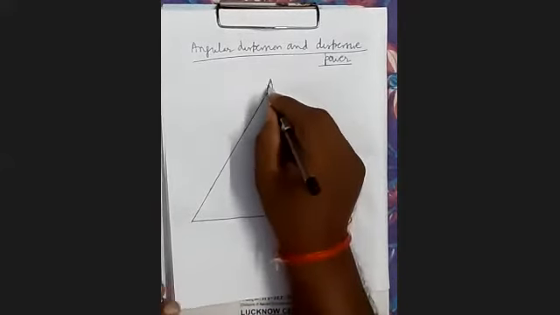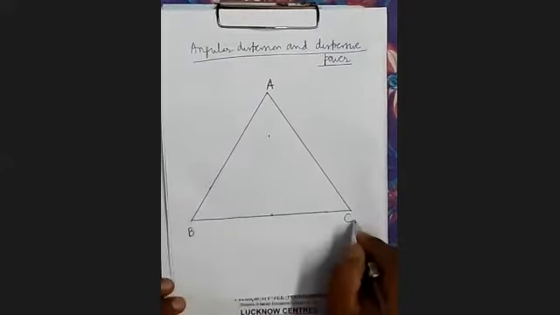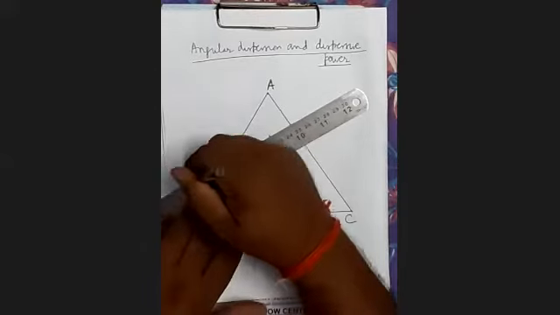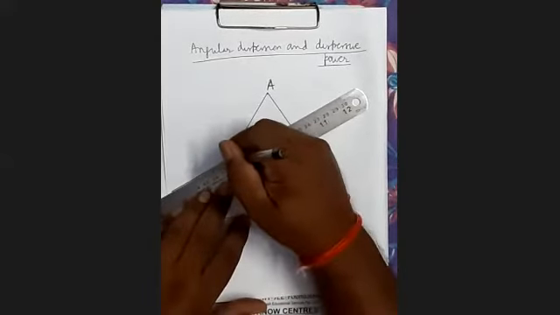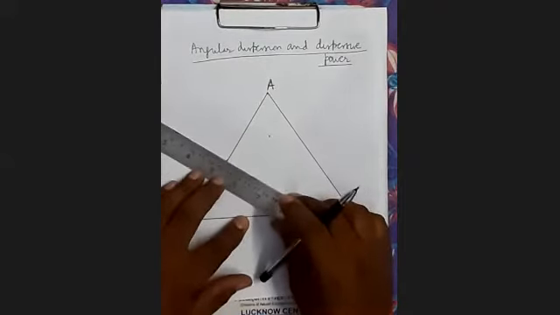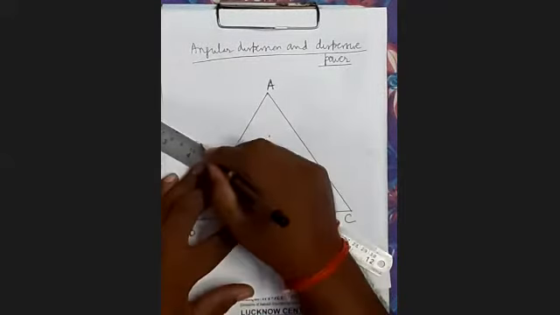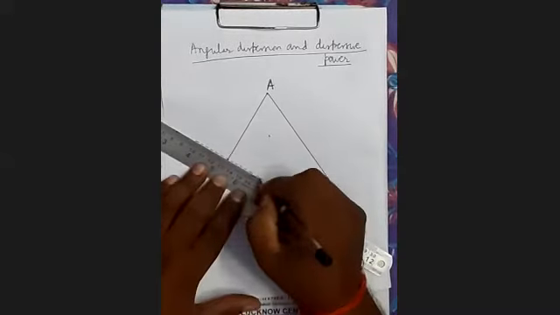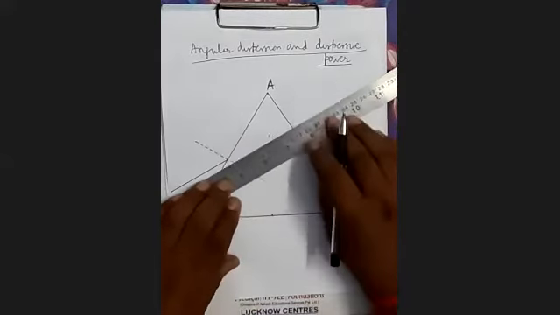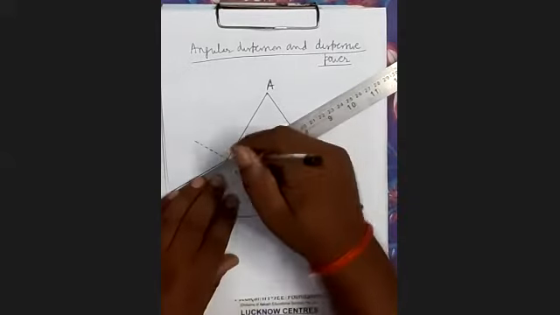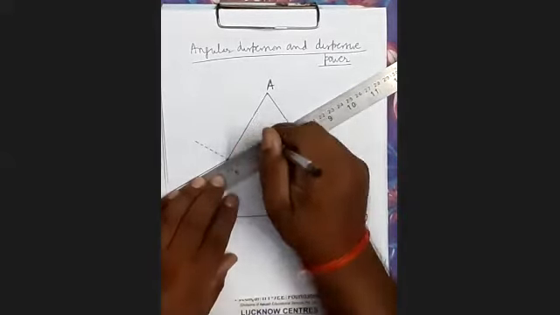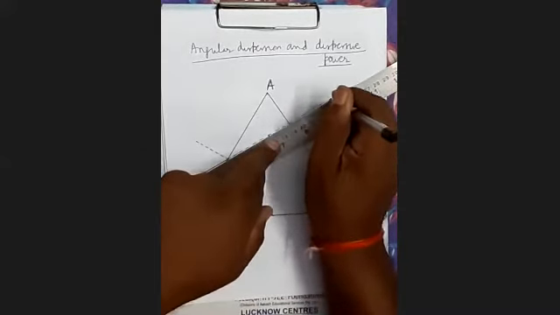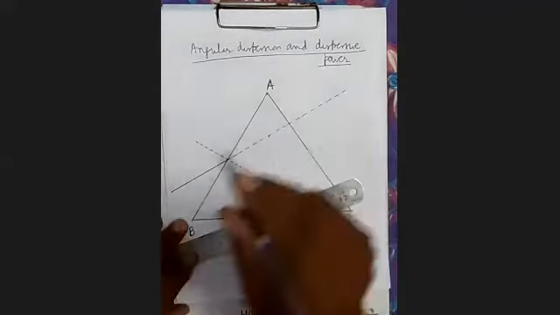Now all of you see here, when a ray of white light falls upon the surface AB, this is the normal, and this is the original direction of the incident ray. As we know, the red color ray of light deviates less and violet deviates more. It's clear. This is the white light.